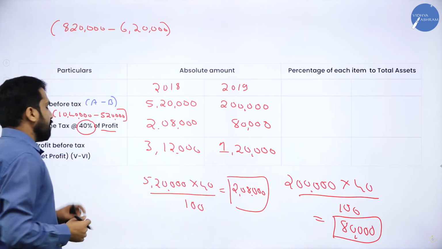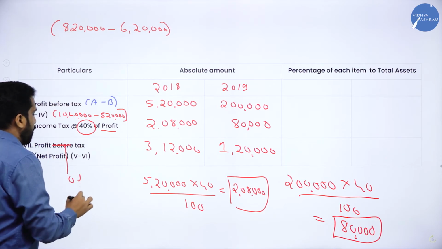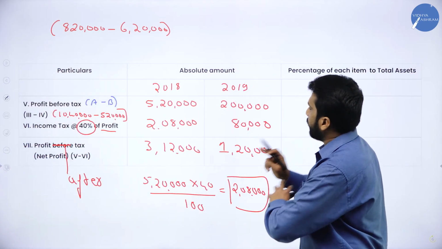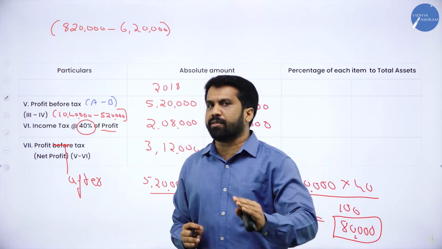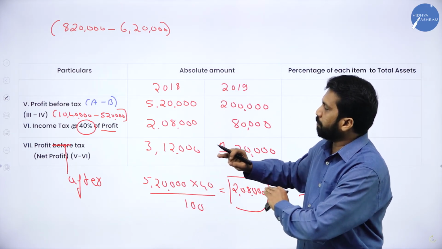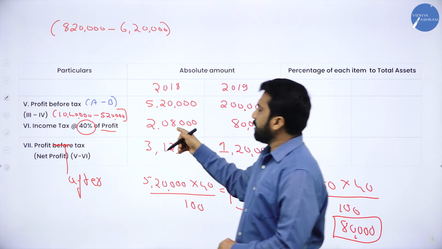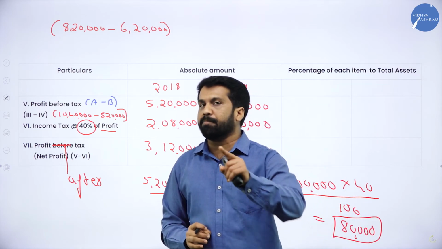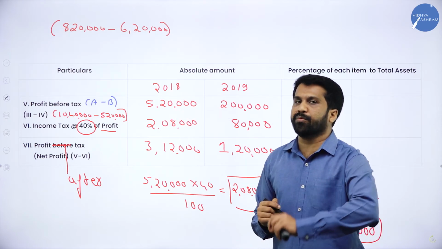1,20,000. This is all about profit after tax. It is not profit before tax. This is profit after tax. Clear? So like this, you have to calculate one by one. Very simple. Everything will be given in the question paper only. Just properly write in step 1, step 2 and step 3. Normally for income tax, they will give you the amount only, like 2,08,000 and 80,000, but in this problem they have given percentage. If percentage is given, you have to calculate on this value.